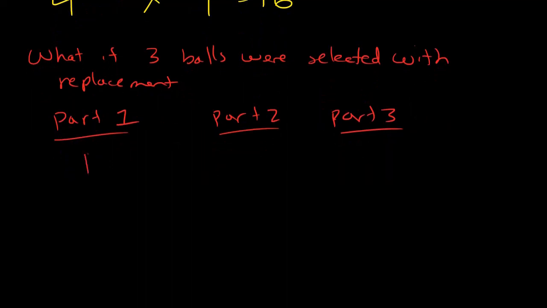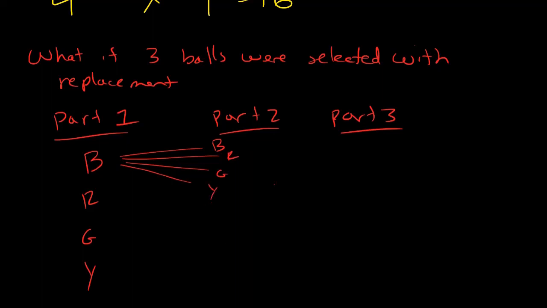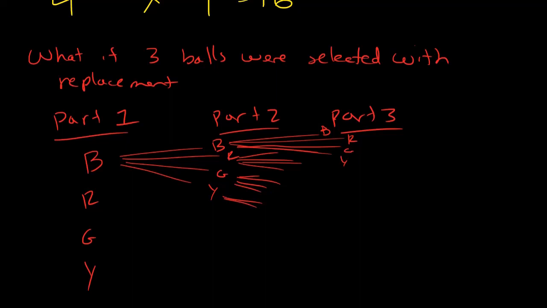First ball can be blue, red, green, or yellow. And then we'd have 4 branches. Blue, red, green, or yellow. And then I'd have 4 more branches for each piece. Blue, red, green, or yellow. Each piece would have 4 branches. I'm not going to write them all out because it would take me a really long time to draw all these different branches. But what I want to note here is I have 4, let me write it here in